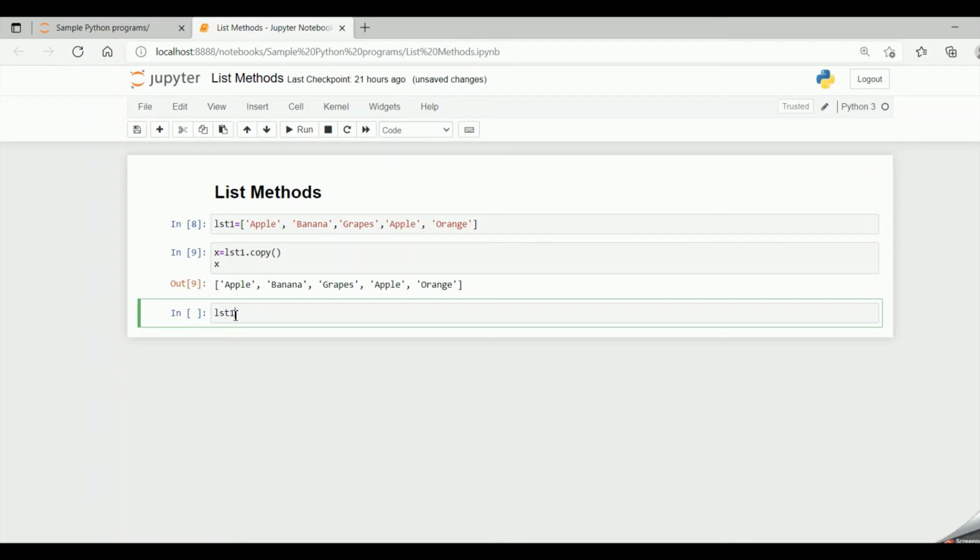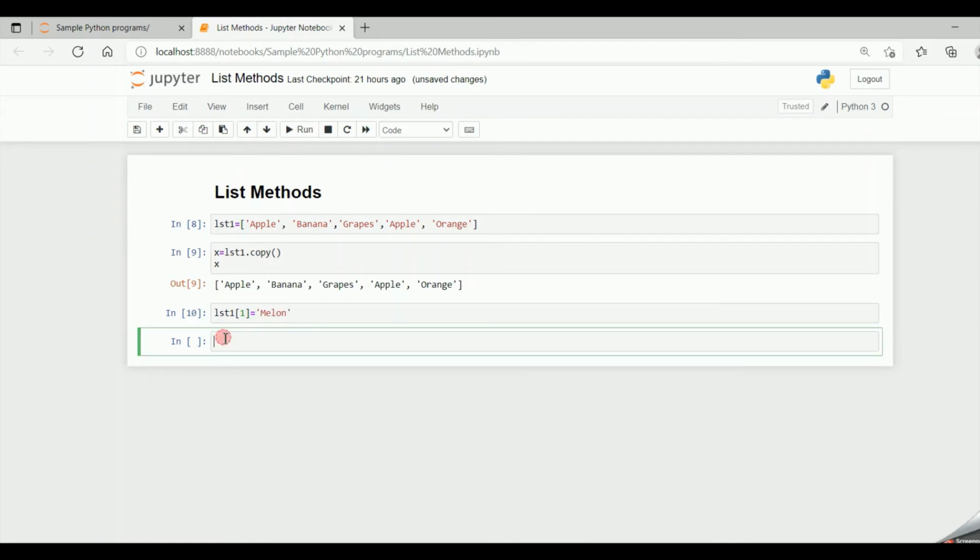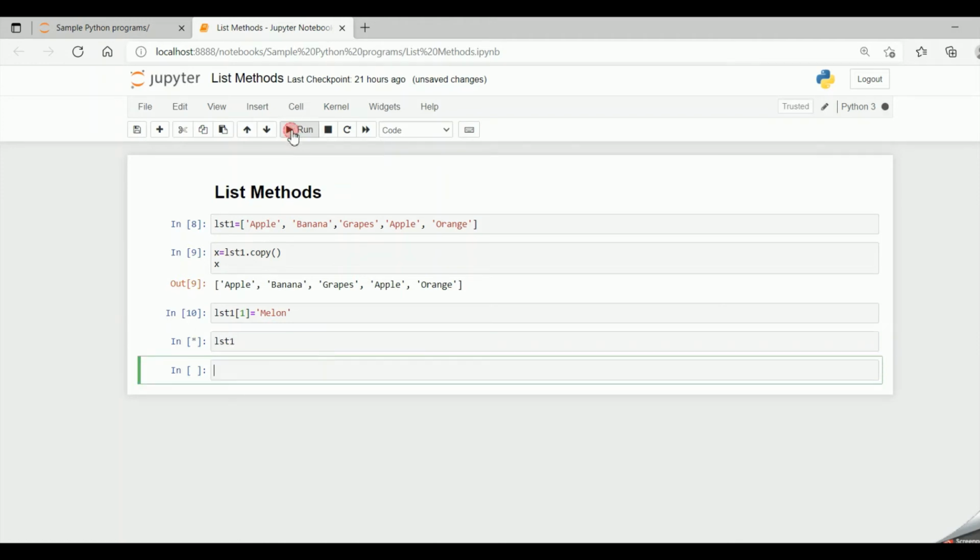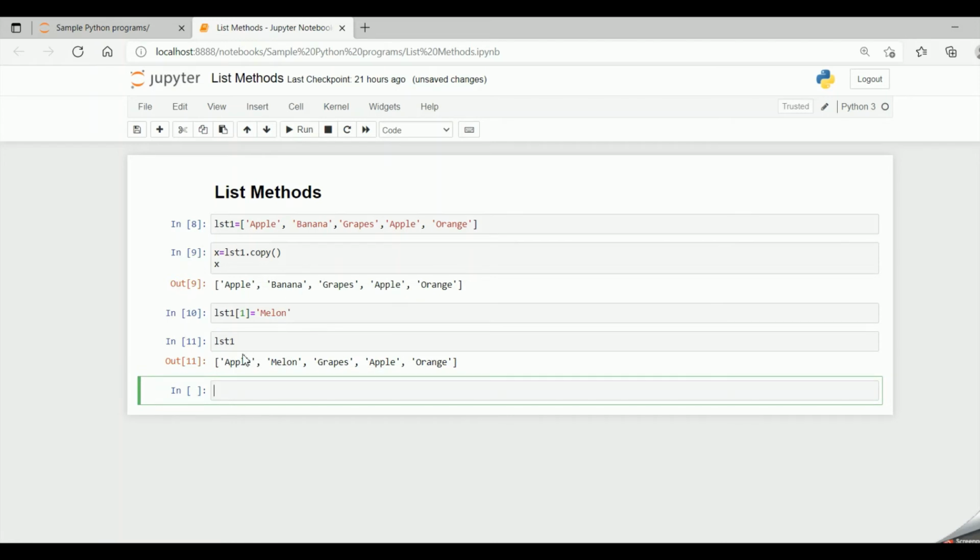Let me change lst1 of 1 to melon, equal to melon. So when I run the code, and now if I say print lst1, I get the value instead of banana, that is at the first location, instead of banana, it has been replaced with the value melon. Now if I say print x,